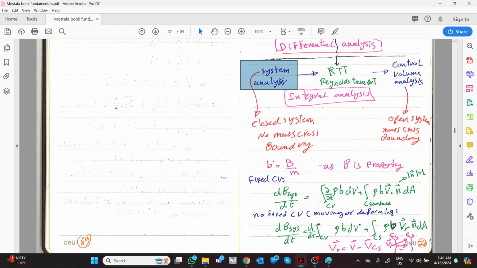If a property like B, any property divided by the mass, we name it as b. Okay, so if we have a control volume, which is an open system, there is flow in and out. This is the Reynolds transport theorem, and later on we'll understand the benefit of it. It is stating that if you know this property and you want to check what is the change of this property in time,